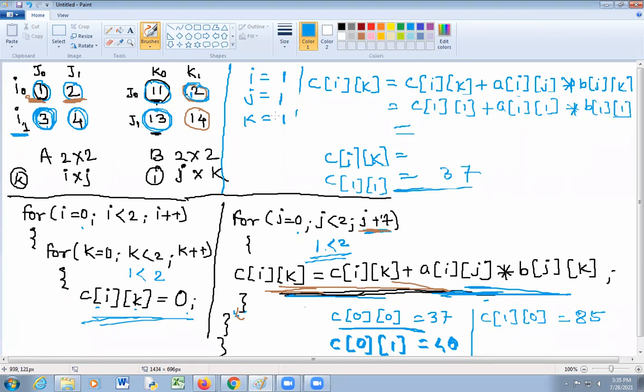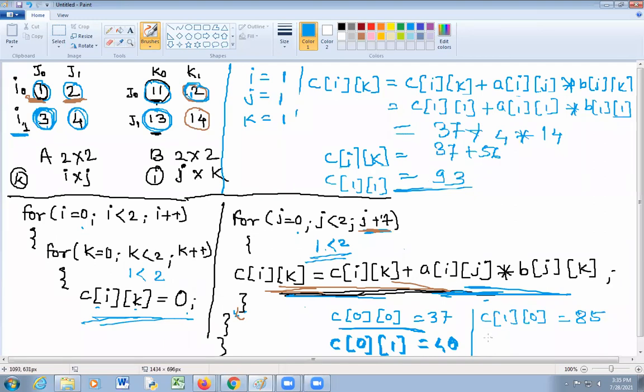So C of 1 1 is equal to 37 plus A of 1 1, that is 4, into B of 1 1, that is 14. So 37 plus 56, you will get 93.